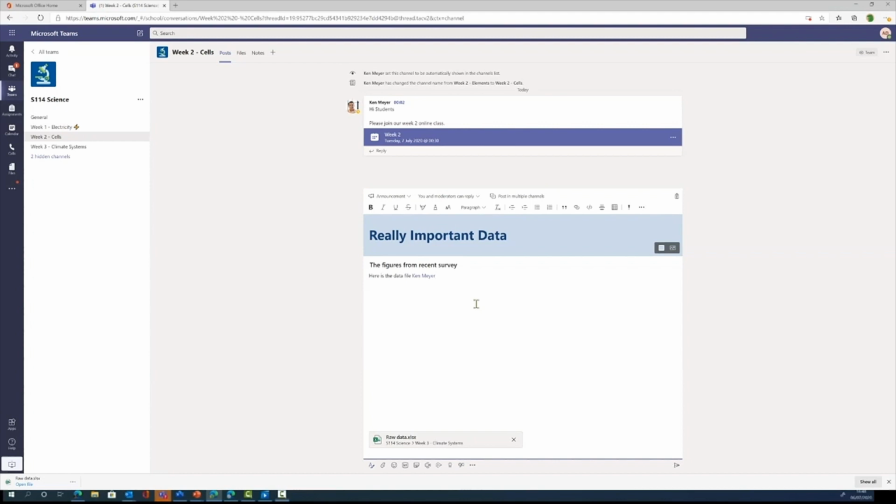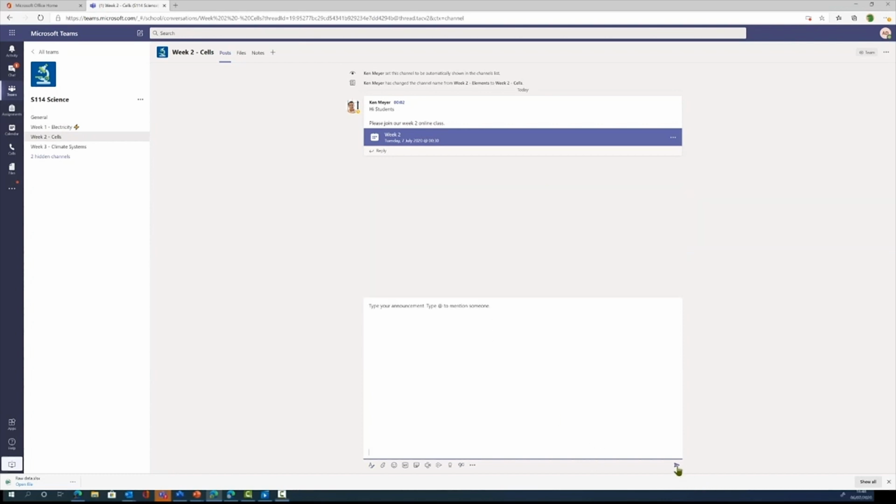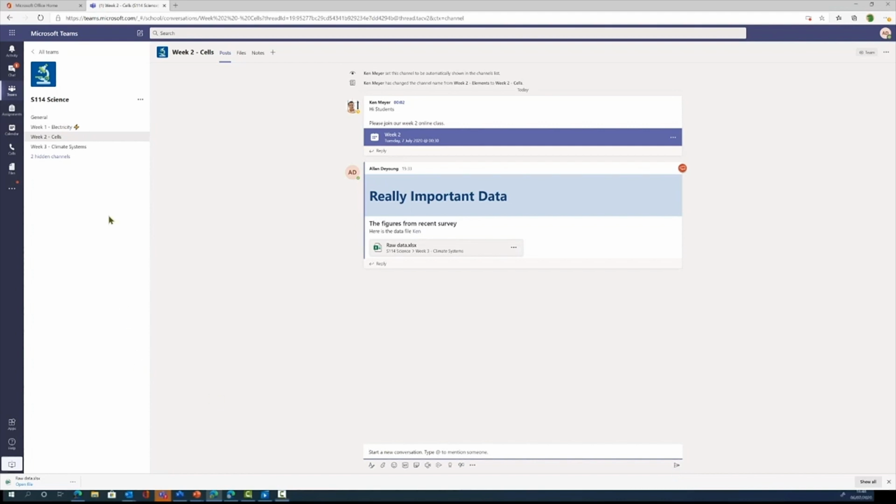I can leave it as is, or I can get rid of part of that, and it makes it just that little bit more personal. So I've done the at mention, I've done the announcement, and by giving it some information there, and I've also attached the file, which is what we wanted to do, to a message. So I'm now going to post that. And there you can see that is my announcement with my file for people to be able to look at, and I've at mentioned Ken, so Ken would then get a notification to know that somebody has posted that file for him to look at in particular.